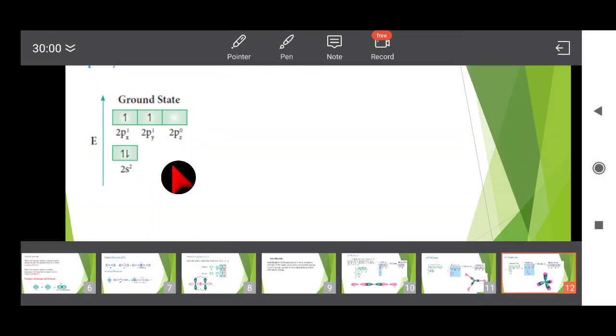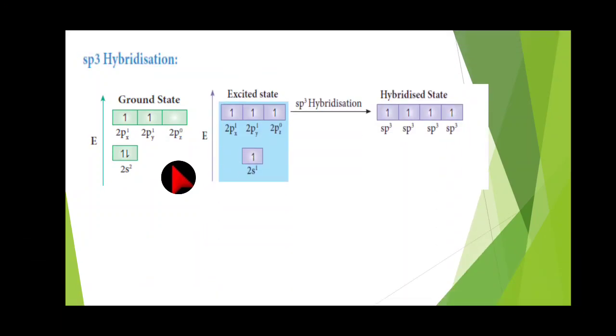Now the 4 hydrogen are going to make a bond with the carbon. So what is the state? The excited state. One of the electrons goes to the 2pz orbital. So total number of electrons, 4 electrons we can get. So 1 electron from the 2s orbital and 3 unpaired electrons from the 2p orbitals, 2px, 2py, 2pz. So total number of electrons 4, 1s and 3p, right?